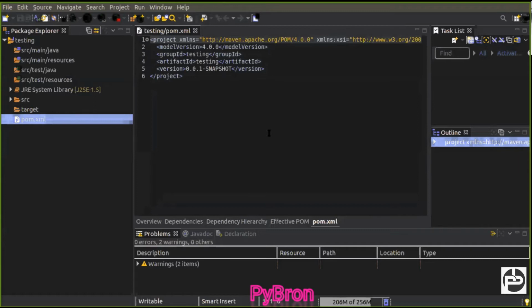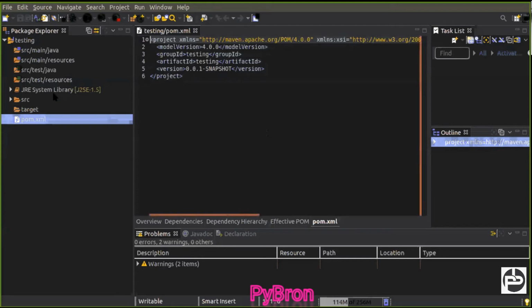So build management means the auto build process is going to start in Maven, right? These are the many benefits in the Maven project, and that's why people are going to use Maven. And one more benefit is code maintainability. Maintenance of the code in a Maven project is very easy. Why it is easy, I'll let you know in my upcoming video. I'll show you why the Maven project is very useful and easy to maintain.